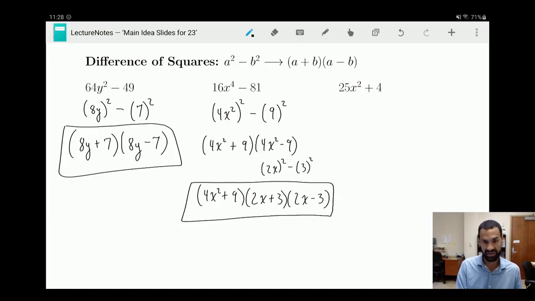Okay, and then the last one, 25x squared plus 4. Don't fall for it, right? This is not difference of squares. This is a plus sign right here, not difference of squares. So we can't factor it using difference of squares. If I try to factor it the long way,